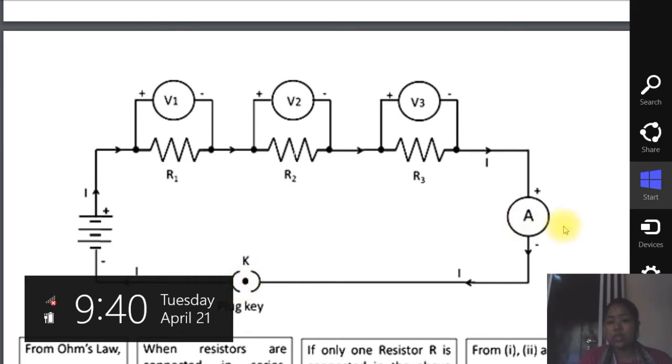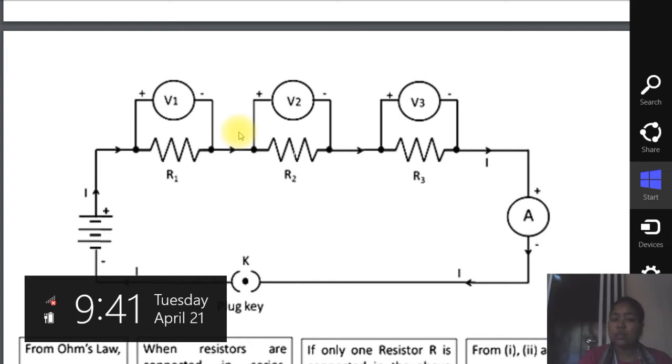Then, in the next condition, this ammeter will be connected in between the resistors R1 and R2. Now when we close the circuit, current flows through the electrical circuit. And when we measure the current at the point between R1 and R2, we observe that the value of the current is also the same, equal to 5 ampere as we calculated before.